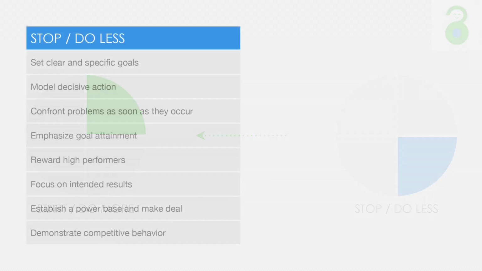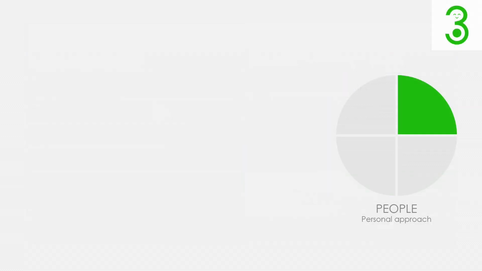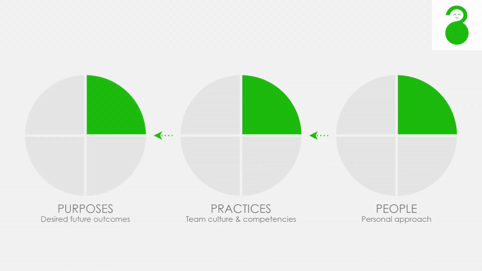So we need those leaders to stop being so blue, to start being green, and doing things like imagining the future, supporting some radical experiments, and initiating the change. So putting it all together, the leaders act differently. It creates different types of practices, culture, and competency in the organization, which in turn produces the green results that we seek. The organization that was an old mainline manufacturing company is now positioned to be in the new ecotech industry that it has the ability to create and succeed in.